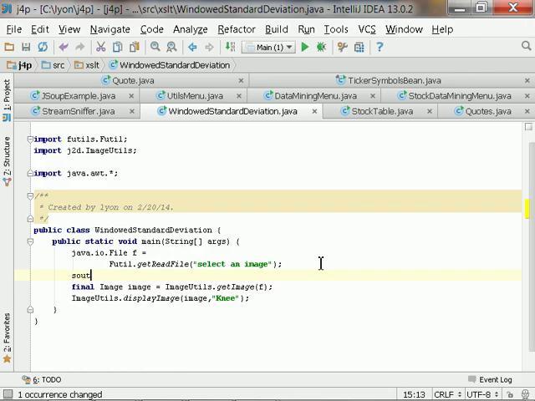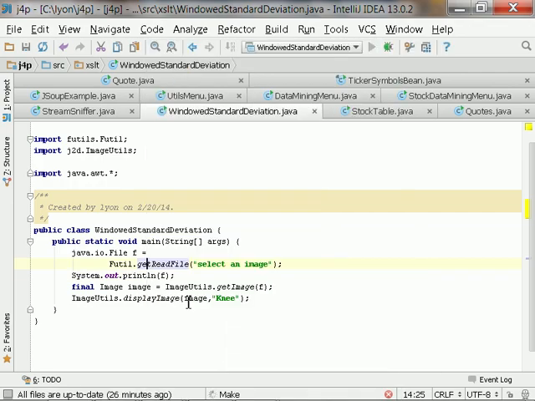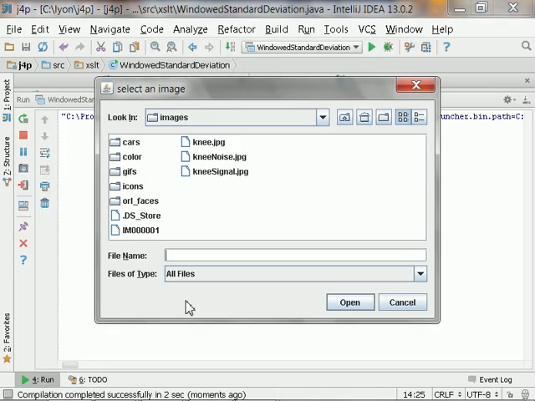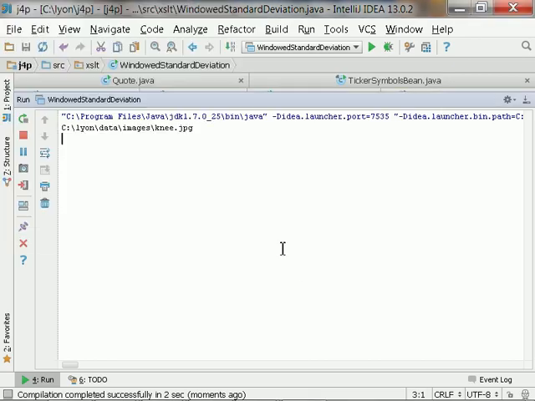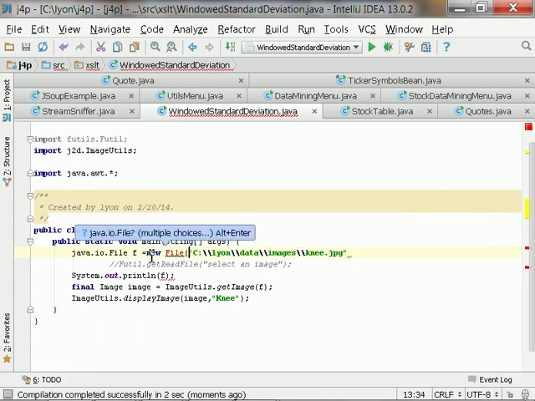Now what I'm going to do is I'm going to print out the file because I don't want to have to keep navigating through. And when I go to get this image, it'll print it out to the console, and then I'll be able to paste it straight into my program. So here's my knee. I open it up. Here's the absolute path name. I'll copy it, close it out, and now instead of calling get image file, which you'll probably have to do on your own, I'll just say paste, and I guess I have to say new File, and now I've got